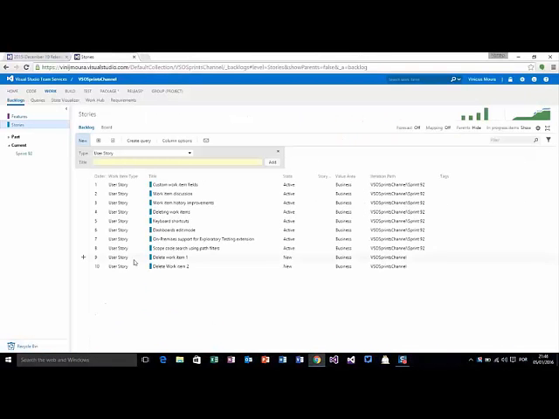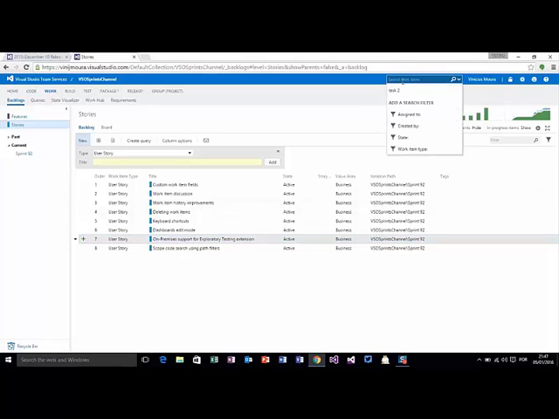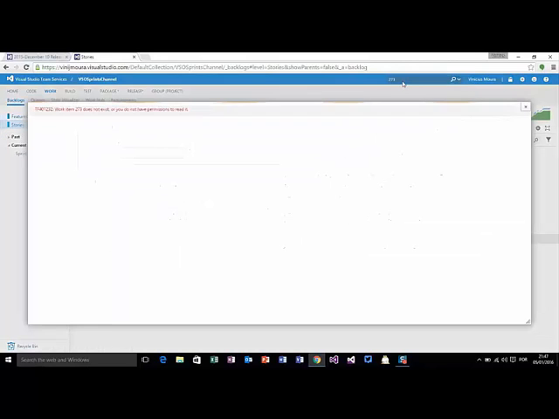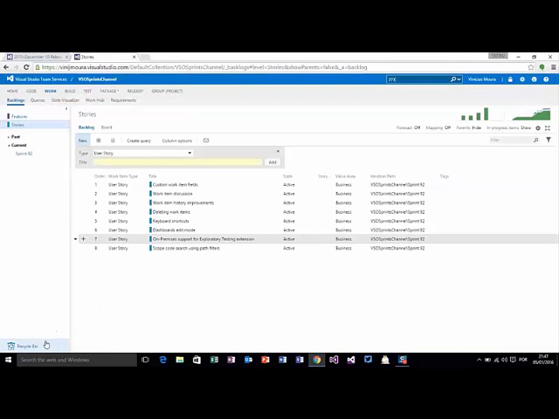I will click on two work items and move to recycle bin. When I move these work items, I can search them. For example, I deleted work item 273 and I can search it. When I click on the recycle bin query,